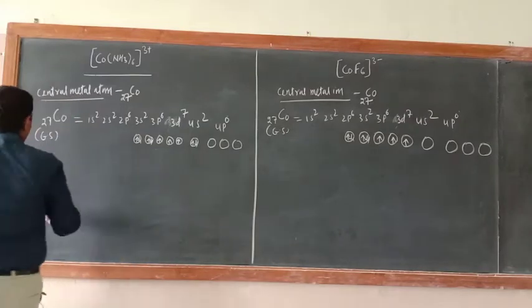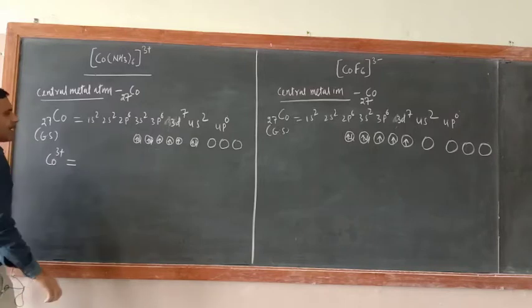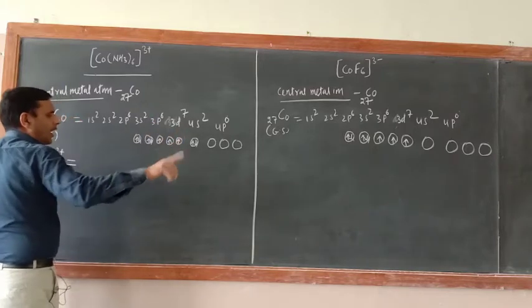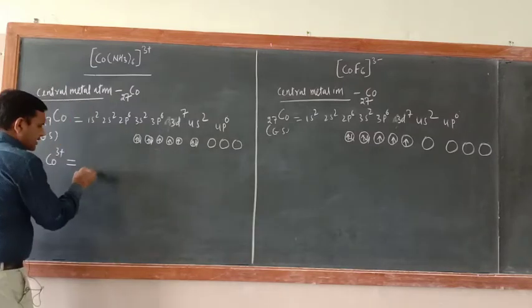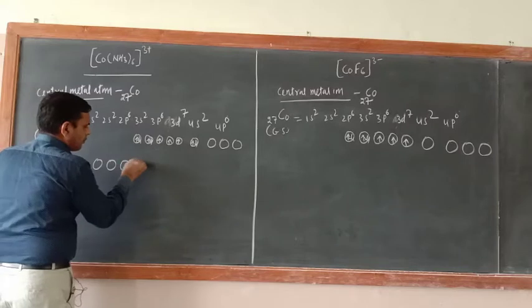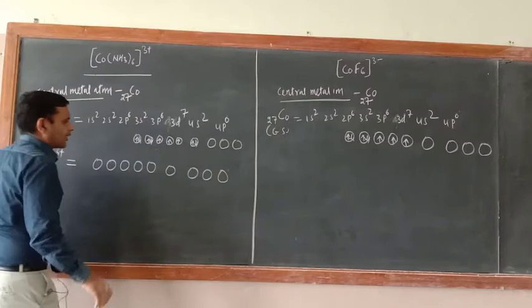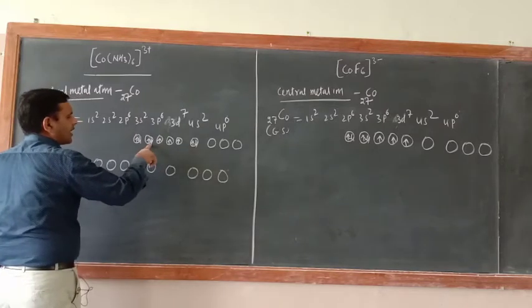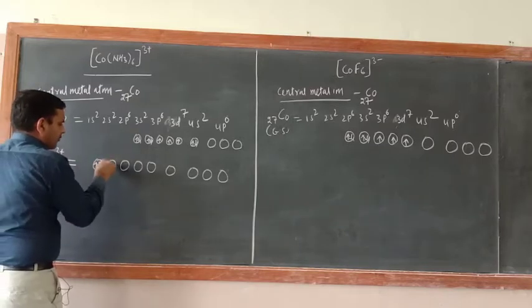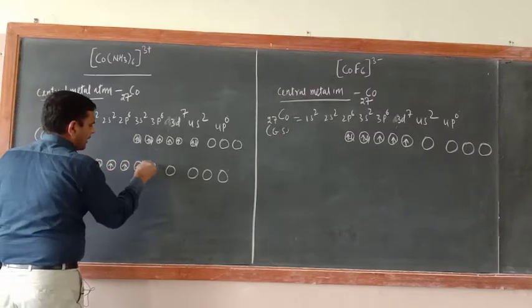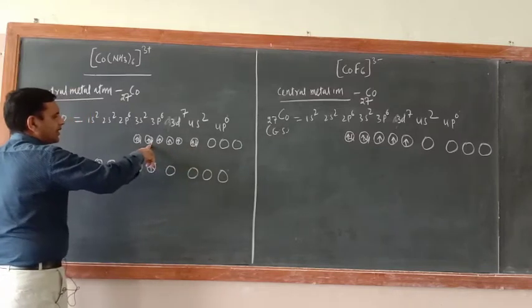Now here the cobalt oxidation state is 3 positive. So what will you write now? 3 electrons should go. I already told you the electron must go from 4s first. So just see, 3d 1, 2, 3, 4, 5, 4s, and this one 4p. So 2 electrons from here and 1 electron from here. So now ultimately it will be 2 here, and 1, 1, 1 and 1. 3 electrons: 2 from 4s and 1 from 3d.